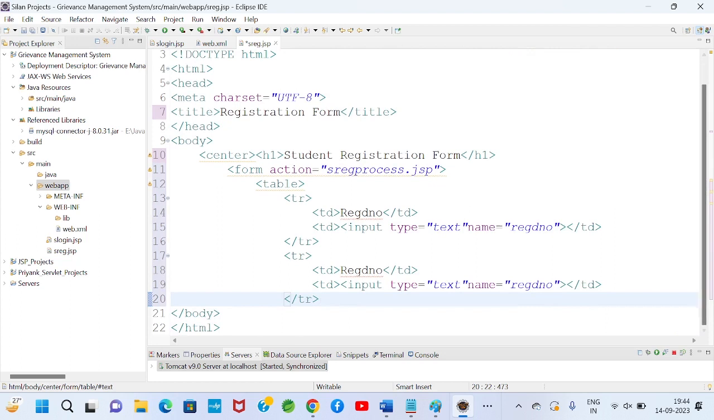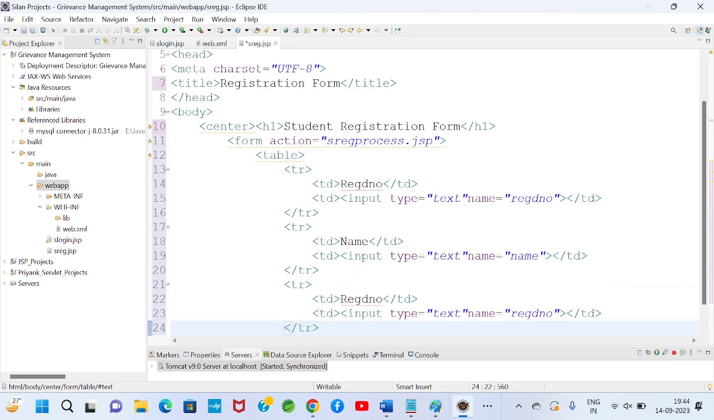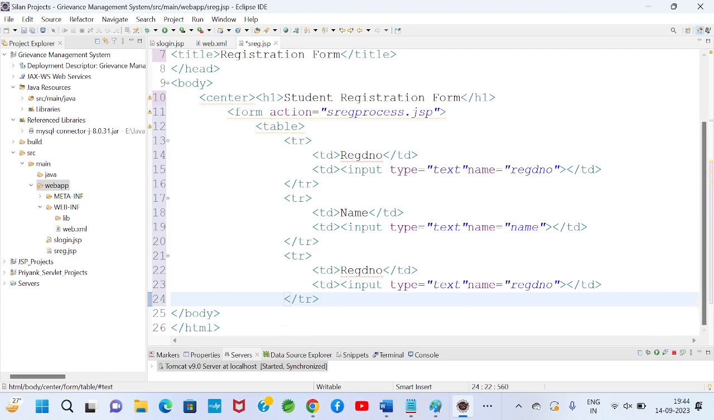Now I will copy and paste here. Then after the registration number attribute, I will take the name attribute. Input type is equal to text, name equals to whatever name I give. Suppose I took name equals to name. Then I will paste: registration number, name,